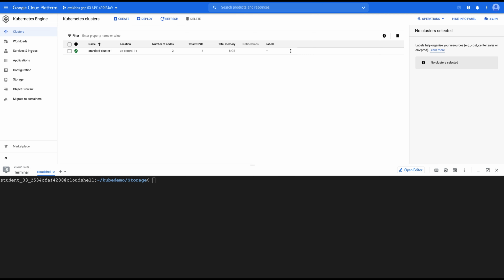So in this lab today, we are going to set up persistent volumes and persistent volume claims. Persistent volumes, if you remember, are the storage that is available to a Kubernetes cluster, and persistent volume claims enable pods to access persistent volumes.